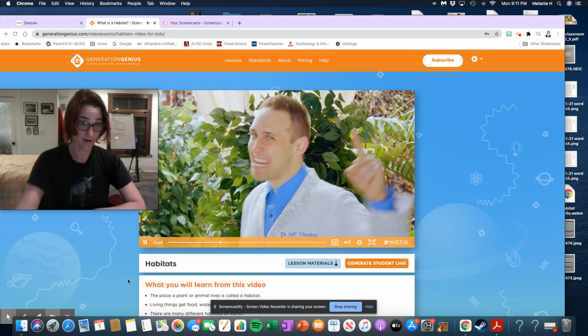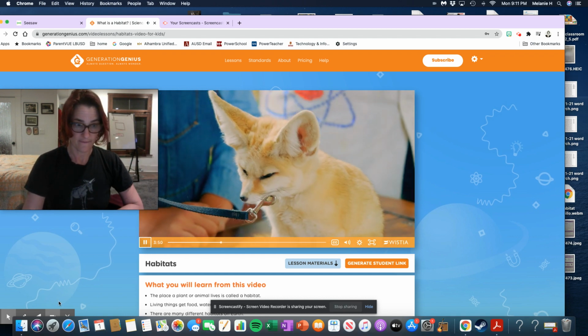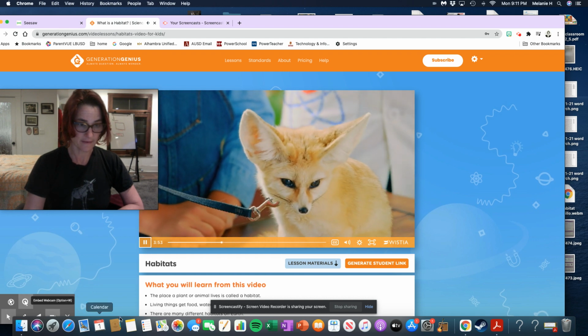Now let's meet the next animal. This is called a fennec fox. Now he might look